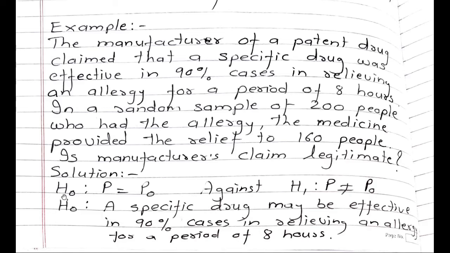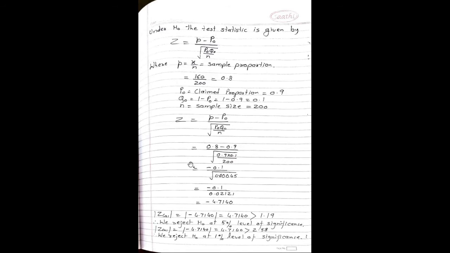So H naught in notation can be written as P is equal to P naught, against H1 is P not equal to P naught. H naught in words: a specific drug may be effective in 90% cases in relieving an allergy for a period of 8 hours. So under H naught, the test statistic is given by Z is equal to P minus P naught upon square root of P naught Q naught upon N, where P is equal to X upon N, that is nothing but